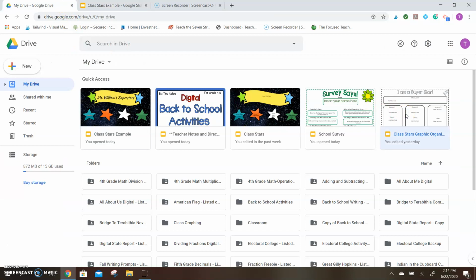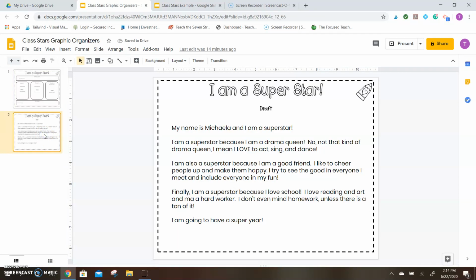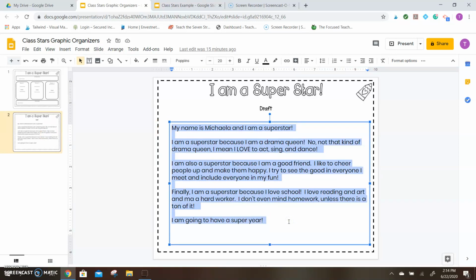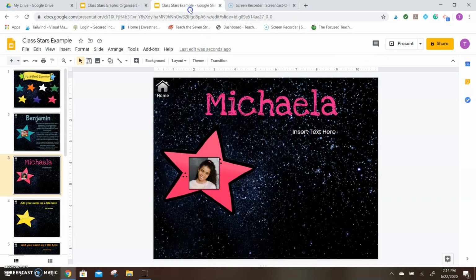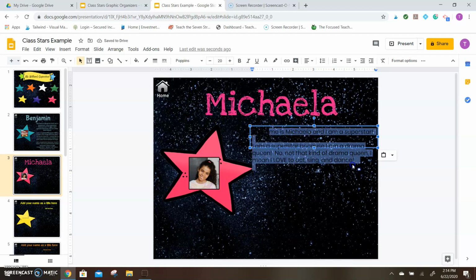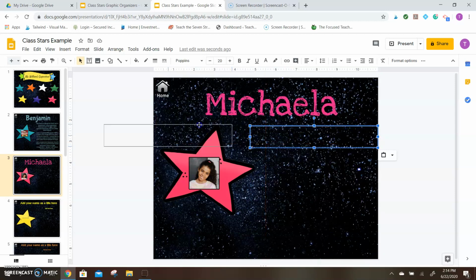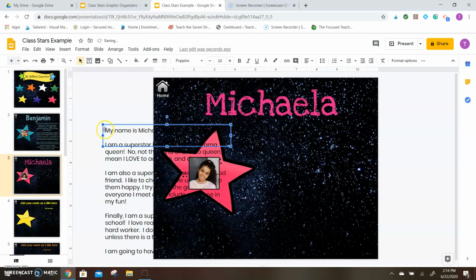her essay as a rough draft here. And so rather than have her retype it, I'm actually going to copy it and paste it here. I'm going to take this away, highlight this, and just paste it. And of course we can't see it, so what we need to do is highlight it. Since I can't really see it, I'm going to move it over here. There, that way when I highlight it,